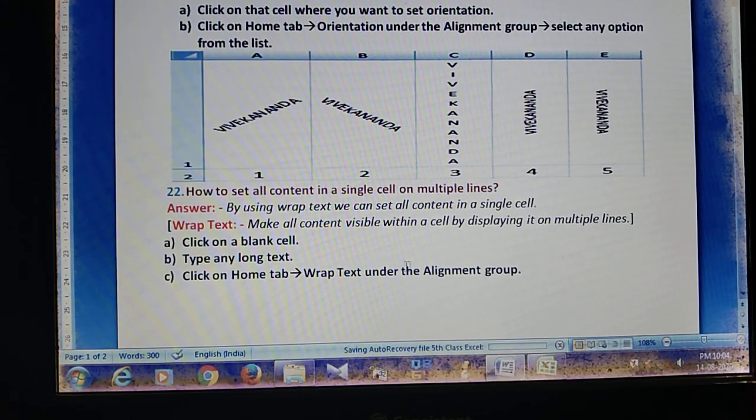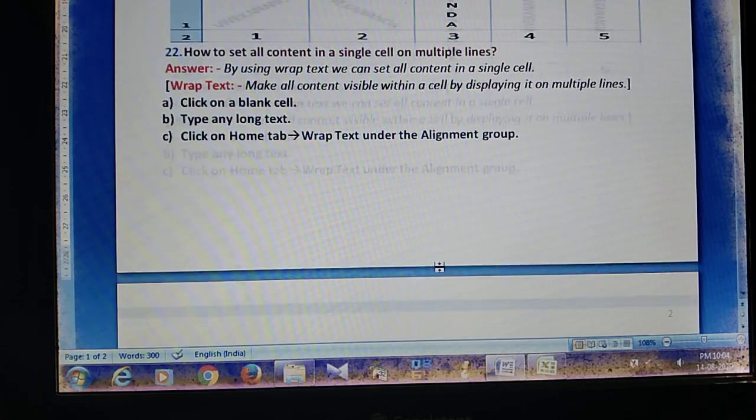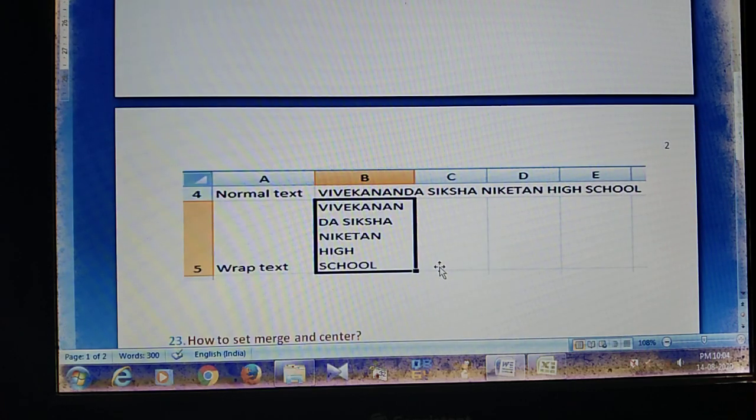So how can I set it? Look at the example. Suppose I write here normal text Vivekananda Shiksha Niketan High School and then apply the wrap text feature on the particular cell.